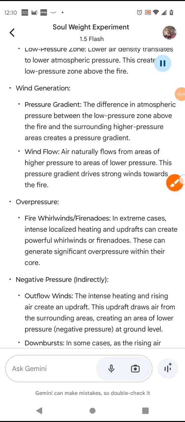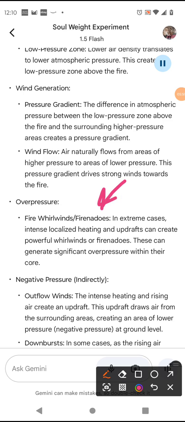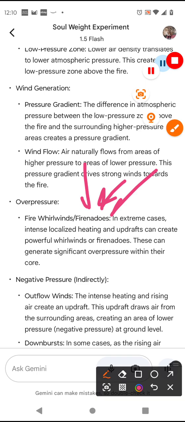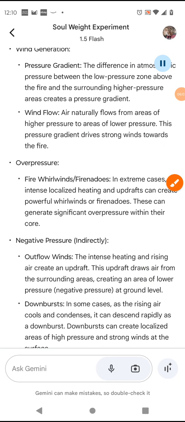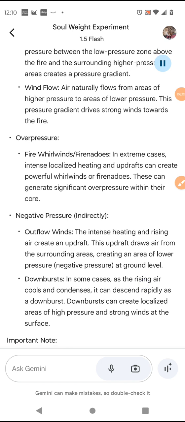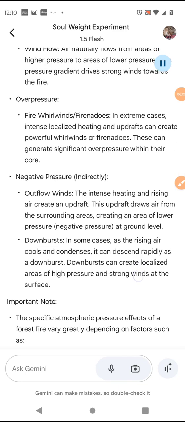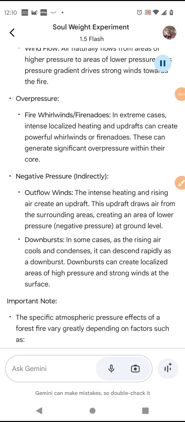In extreme cases, intense localized heating and updrafts can create powerful whirlwinds or firenadoes. These can generate significant overpressure within their core. Negative pressure. Indirectly. Outflow winds. The intense heating and rising air create an updraft. This updraft draws air from the surrounding areas, creating an area of lower pressure, negative pressure, at ground level. Downbursts. In some cases, as the rising air cools and condenses, it can descend rapidly as a downburst. Downbursts can create localized